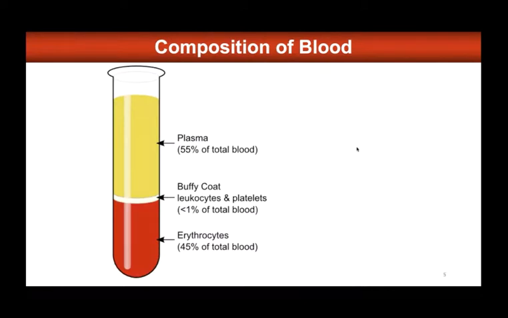So if you pull a tube of blood out and you put it in a special tube that has a cap on it, you pop it into a machine called a centrifuge, which spins that tube of blood really, really rapidly in a circle. What you see is that you end up with sort of 3 layers to blood. And that's based on the heaviest parts of the blood falling to the bottom with the force